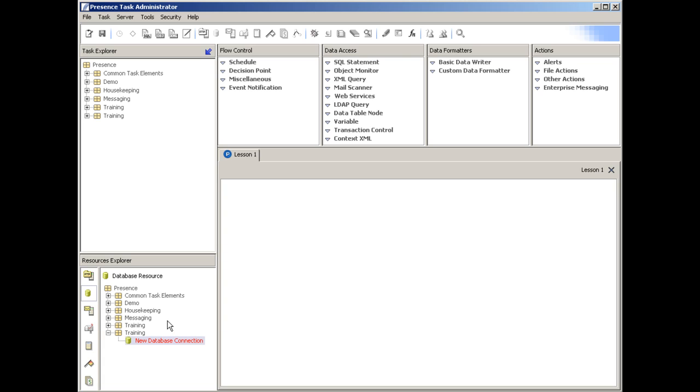Obviously, as you've just seen, if you were trying to connect to an Oracle or a SQL Server or an Informix database, for example, you must get a JDBC driver from your database vendor and find the correct syntax for the connection URL. This will usually be found on your database vendor's website. If you want to connect to an ODBC database, like a Microsoft Access database for example, you'll need to configure an ODBC data source within the Windows control panel. Often this involves installing some Windows client software from your database vendor. For example, to have an Access ODBC driver, you need to install Microsoft Office. That brings us to